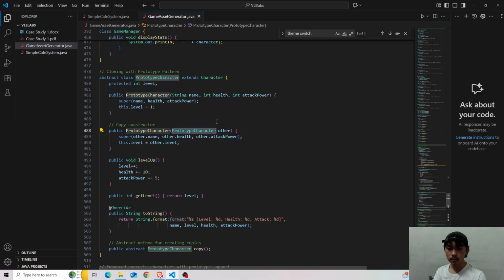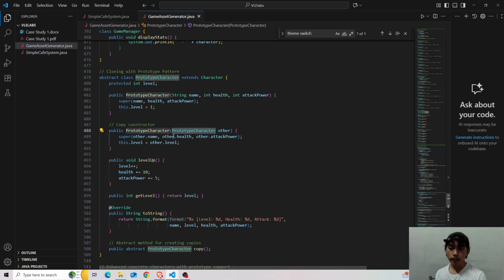Prototype character abstract class, sorry. So the prototype character abstract class has a parameter of an object, prototype character, which is named other. Okay, super constructor: other.name, other.health, other.attackPower.